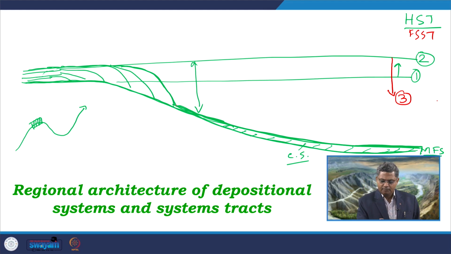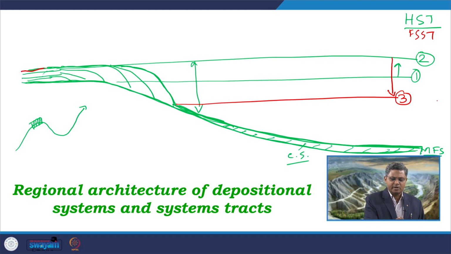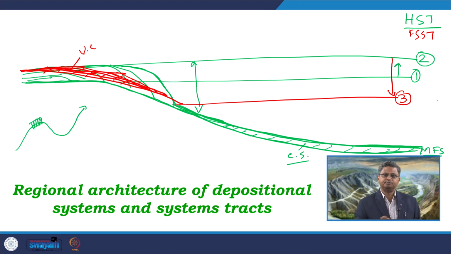At level 3, the water level, or the base level, is somewhere here. Definitely in this part there will be successive erosion, and that erosion will gradually come down and reach over here through successive prograding lobes. And at the end, what we will get is a final erosional surface in the form of an unconformity over here. In response, the sediments derived by this erosion process will come over here and get deposited in this part like this.